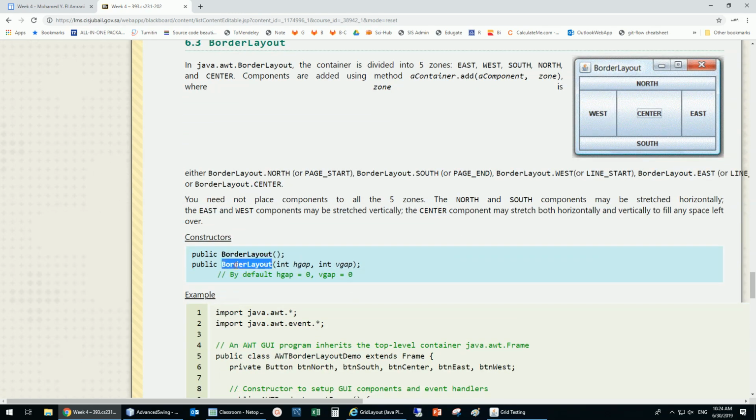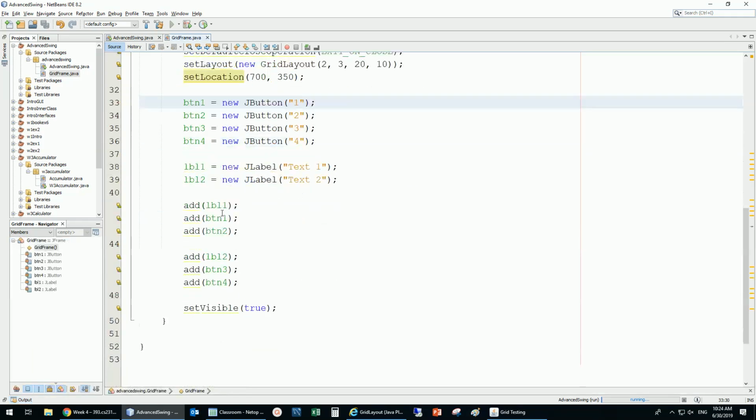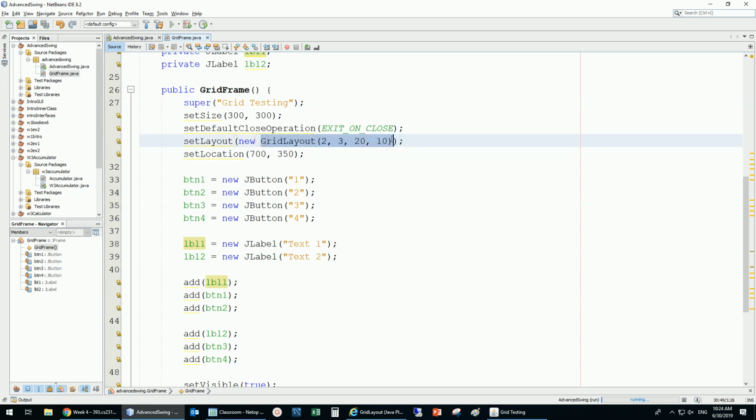And it's just the same idea. You can also put some kind of gap between them. With the border layout you can put the gap that you would like to have, the horizontal, vertical, etc. But then when you add something, if it's a grid layout, I add it like this. Just by adding, it will just know where to put it. But when it's a border layout,